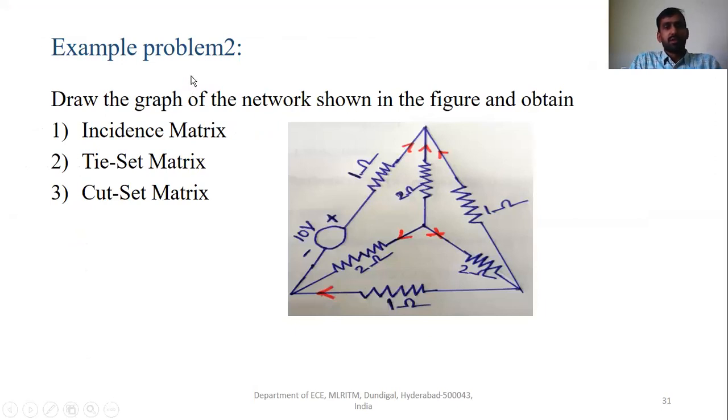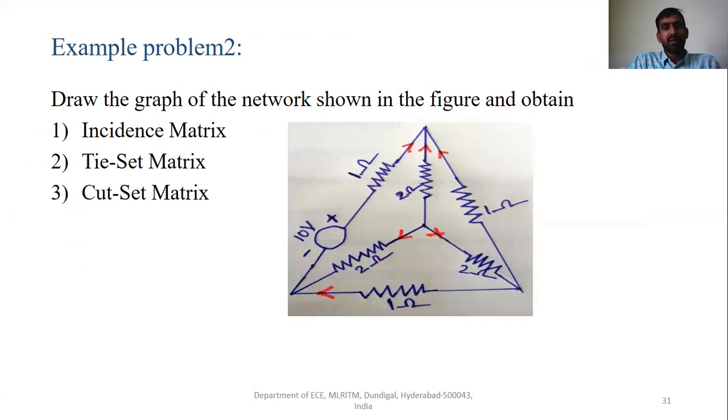So we have solved example problem 1 for all the three matrices. So let us take a little bit different problem here. The way of asking the problem is different here. In the previous problem we have taken the graph and we have obtained the matrices.